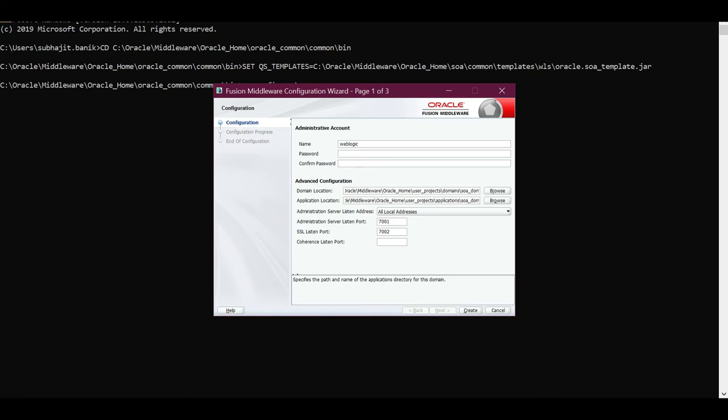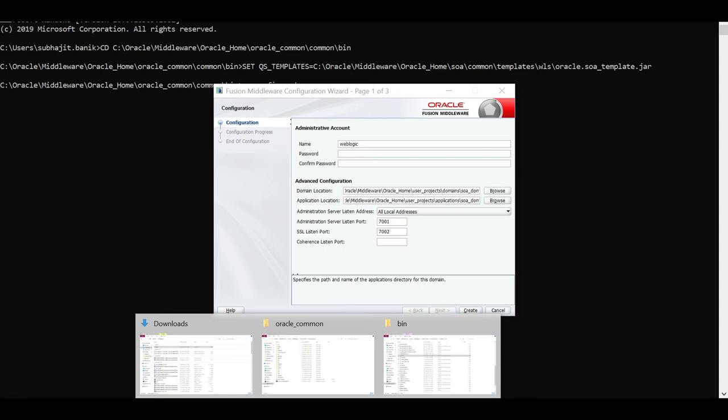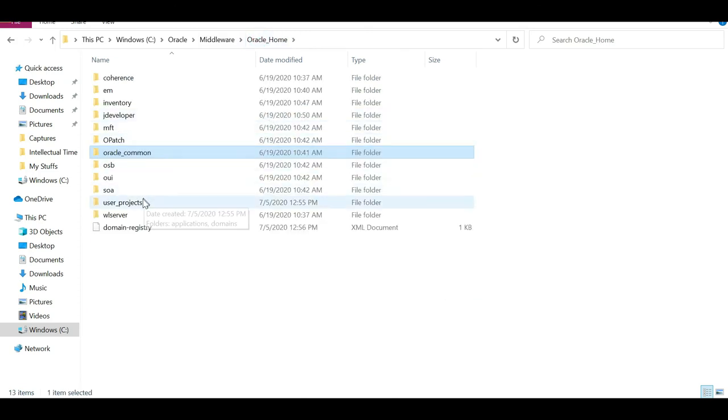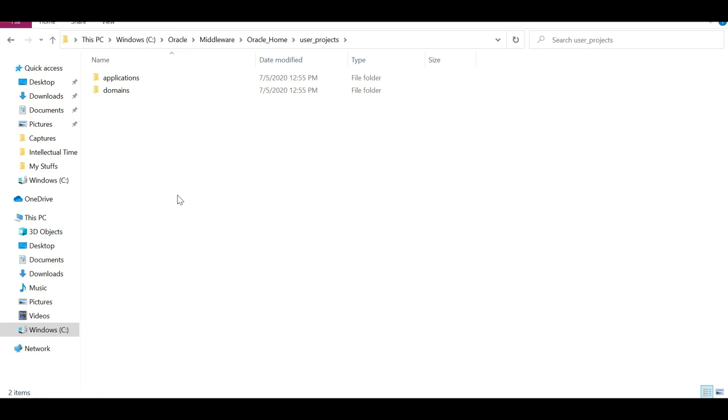So I am showing you where I have already created this particular standalone domain. This is the Oracle home folder where I have installed my SOA suite. Inside that, user projects, then domains. This is the SOA domain.